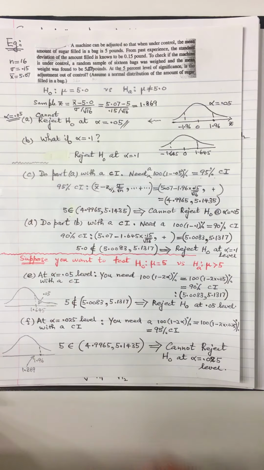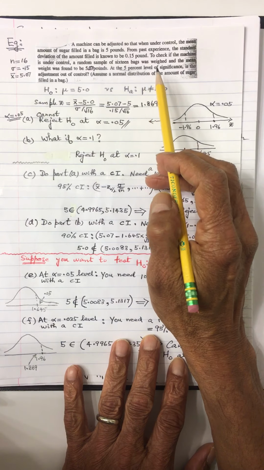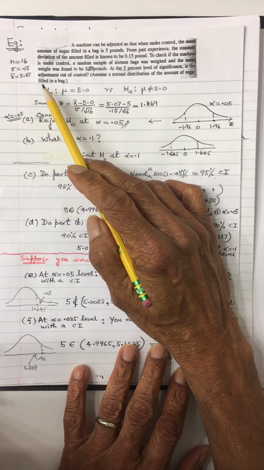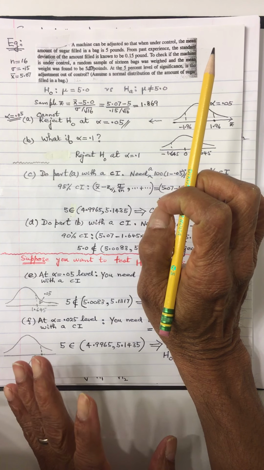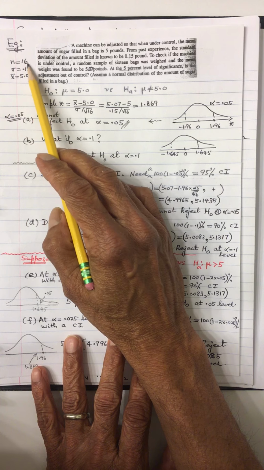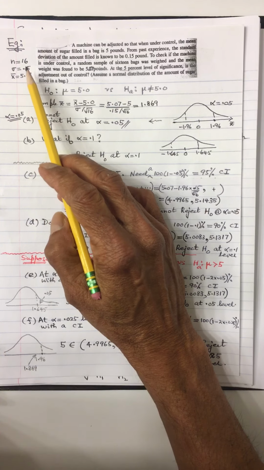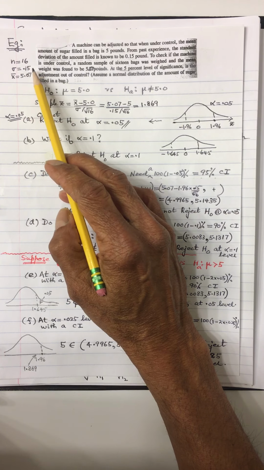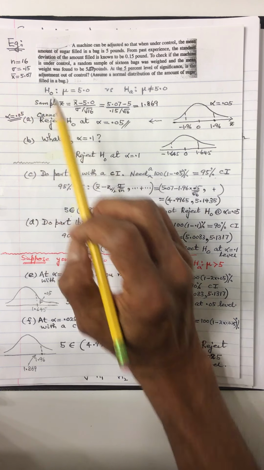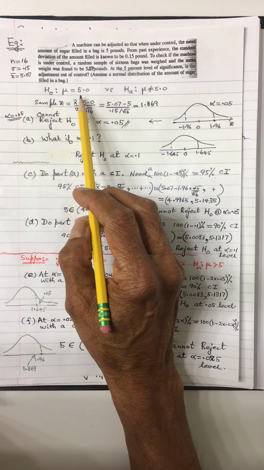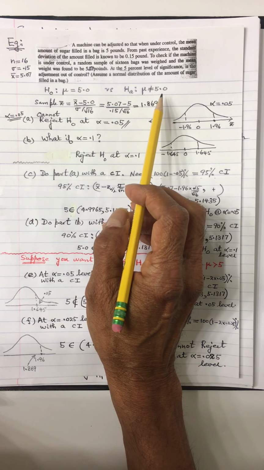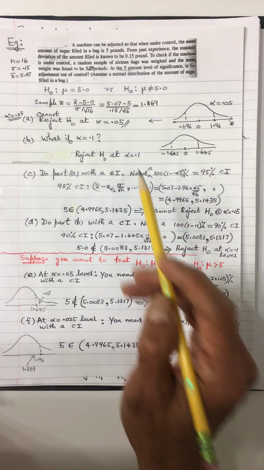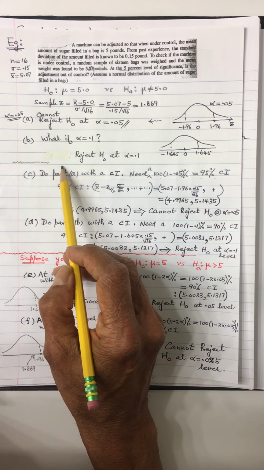All right, so this example we did look at before. Okay, so I'm going to redo the same example now. But what I'm going to do is use the confidence interval. This is what we did. The sample size n was 16, sigma is 0.15, and the x bar is that. So we wanted to test this hypothesis against this alternative hypothesis, a two-tailed test. Okay, so this part up to here we did before.